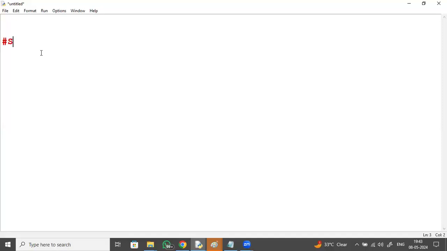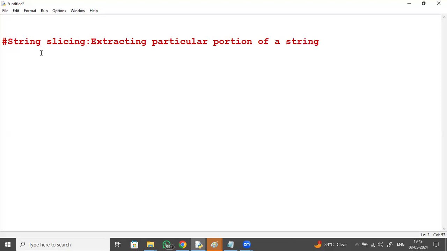Next, string slicing: extracting a particular portion of a string. Observe, X equal to Python program. The string is in this way. Extract or print only Python from this. Print x of